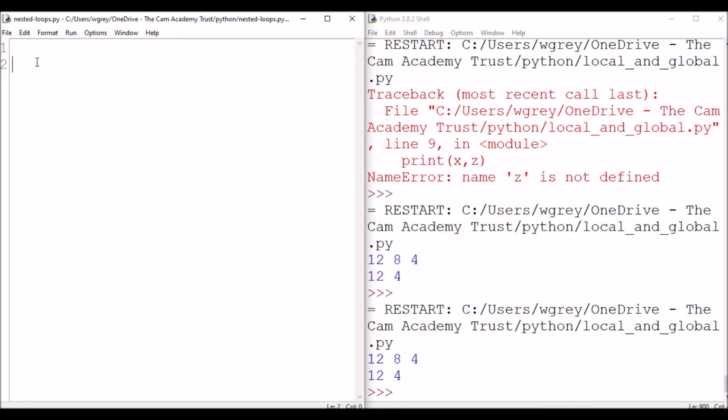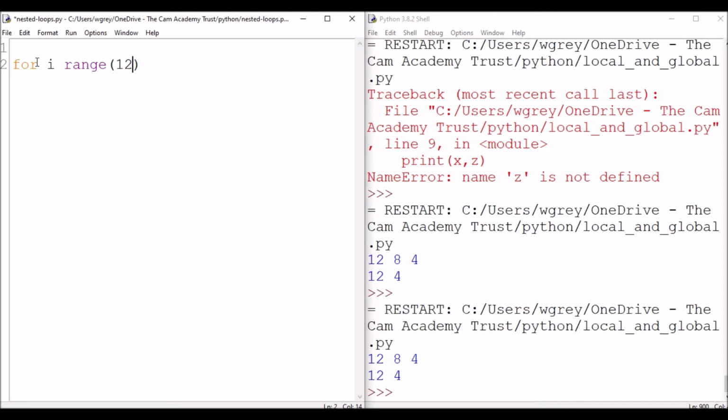We're going to explore nested loops. So that means we can have loops inside loops. We're going to have a look at an example of the times table that we learn in primary school, and let's get started. So we have already printed out the 2 times table, so let's just do that again, but